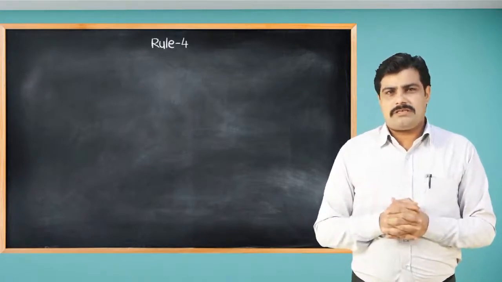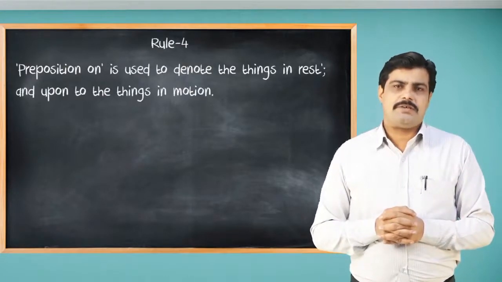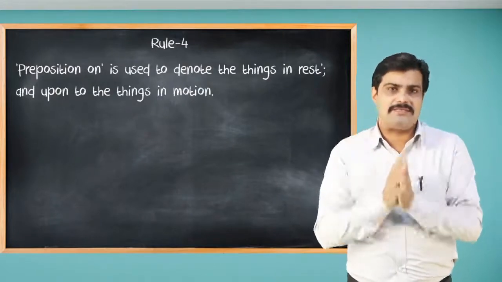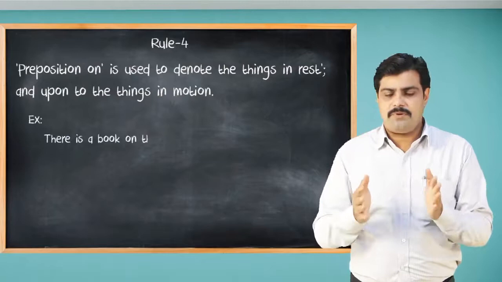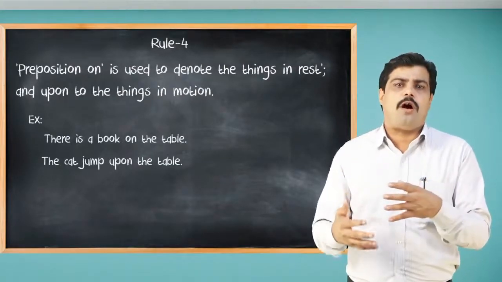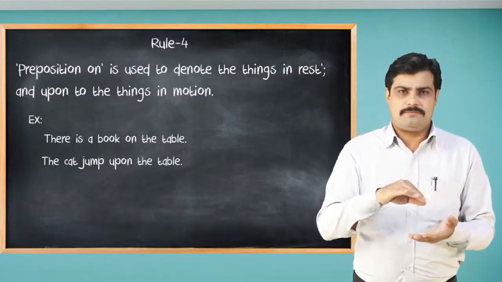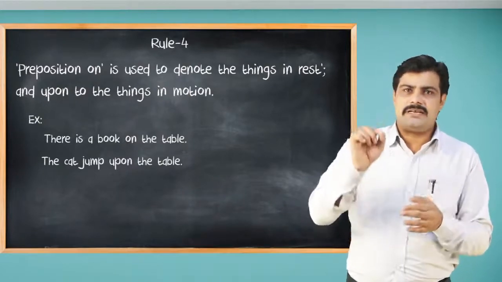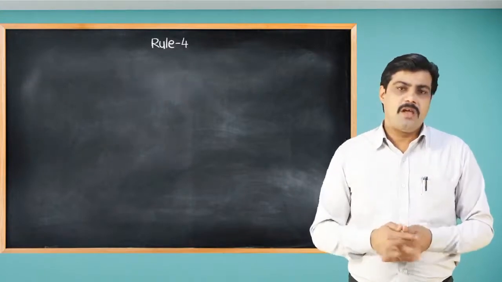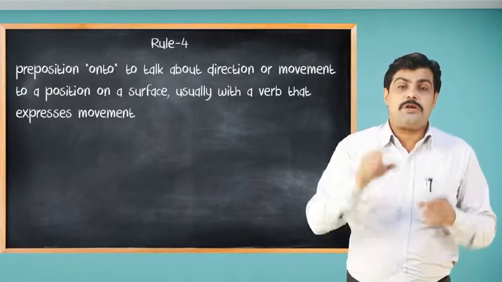Rule number 4 is important. Let's see this. The preposition "on" is used to denote the thing in rest. For example, there is a book on the table. The cat jumped upon the table. So in both sentences, in the first sentence there is no motion, in the second sentence there is motion. But we use the preposition "onto"